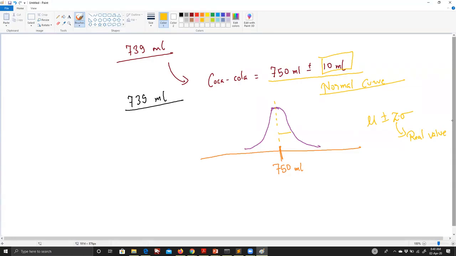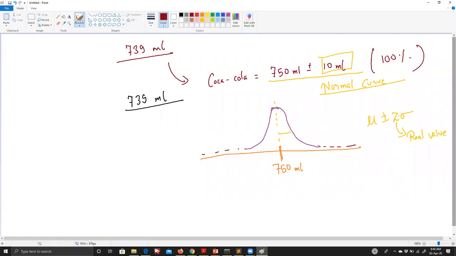Now, there is another problem. When you are claiming this statistic, do you mean all 100% of bottles would be within this range? Because we know a Gaussian goes from negative infinity to positive infinity, we know you can never exactly get 100%. Basically, you can't account for all the cases. That's what I'm trying to say.